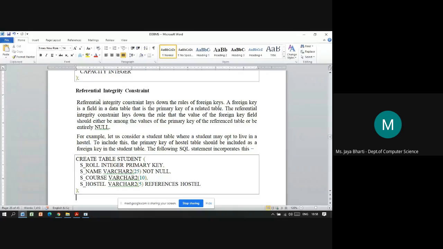Now logically means how we start designing or building up the database. First we always start with the ER diagram. Now what is an ER diagram? ER diagram is entity relationship diagram. So in that ER diagram we identify the different entities and their associations among themselves for that particular scenario, and accordingly we draw the diagram.